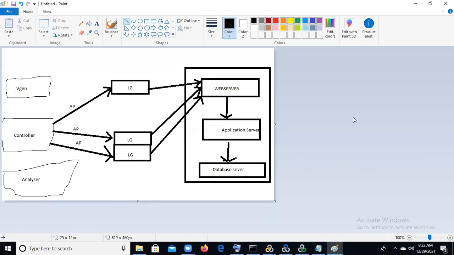So this is the architecture. So Vuser and controller, analyzer, right? For Vuser we can record the script, right? That's why we don't have any connection between these. But from controller to Vuser we have a connection.